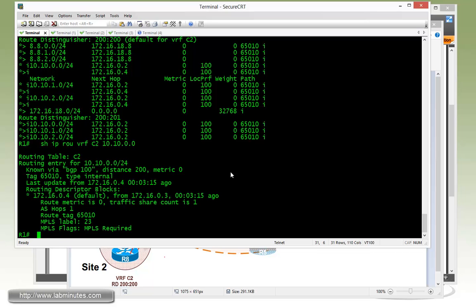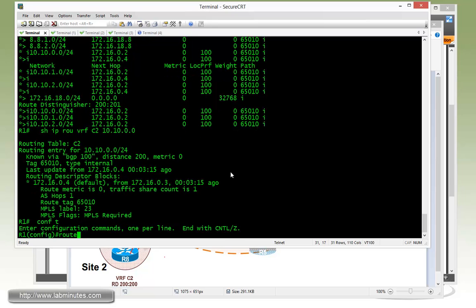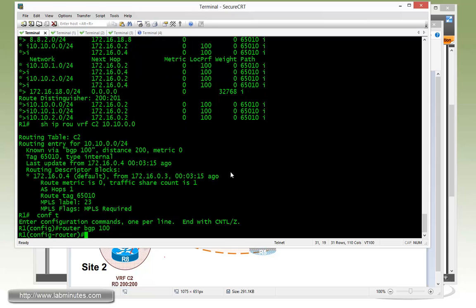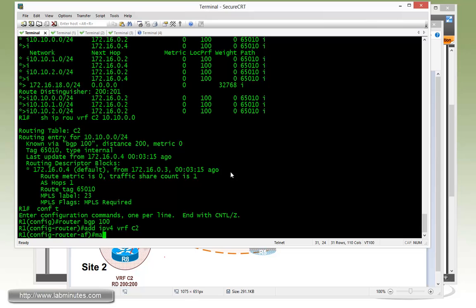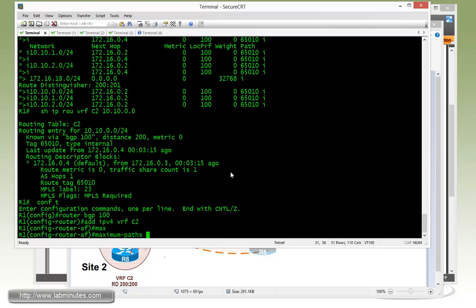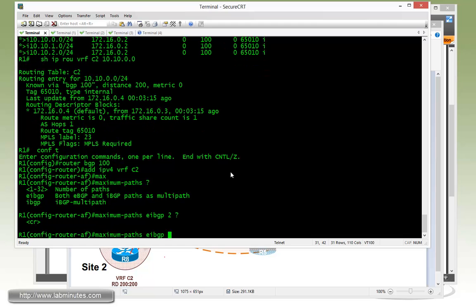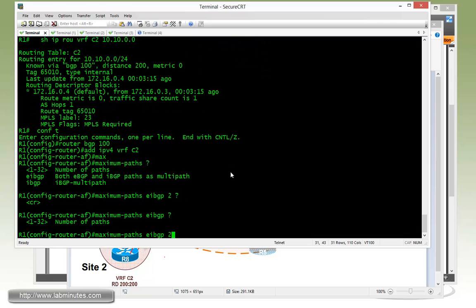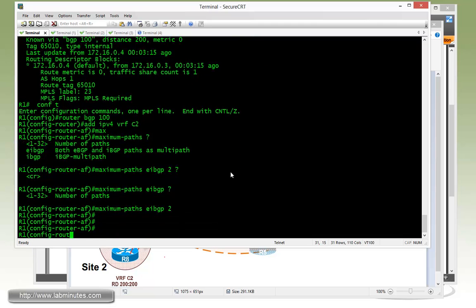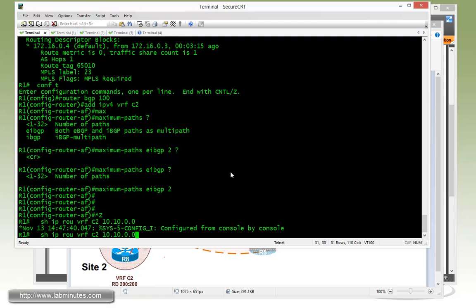So for us to allow load sharing, we have to get under router bgp, address-family ipv4 vrf C2, and then just like traditional BGP, we use maximum-paths. Make sure you use the option eibgp, and then we pick the number of paths to be 2 because that's all we have. And now if we go back and do that show command, actually before we do that,